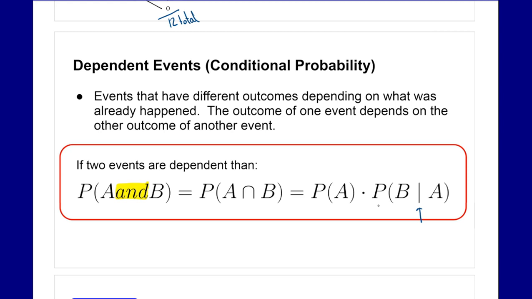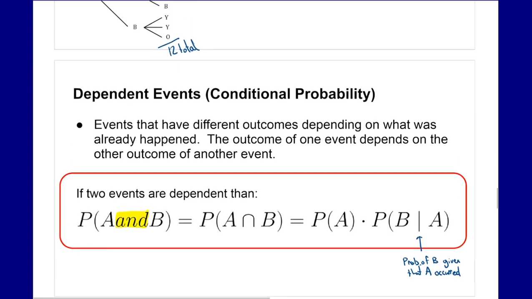This is saying the probability of B given that A occurred. So the probability of B happening given that A occurred. That means the probability for B will have changed because of what we did with the first outcome. So if we go back and look at how this would vary,